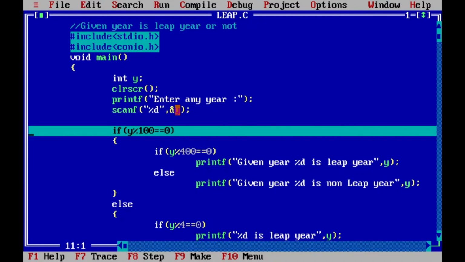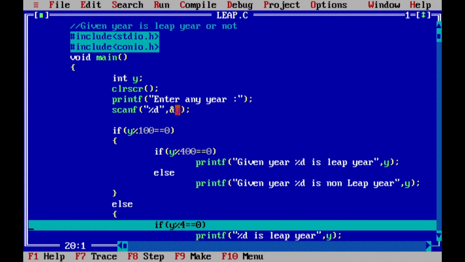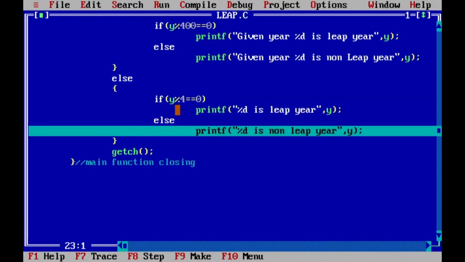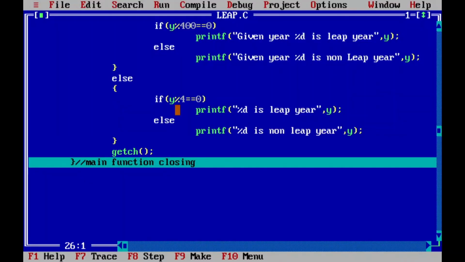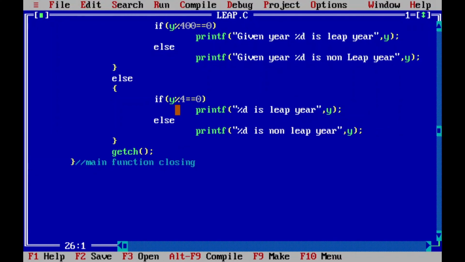Now see, control comes to the if condition. If this condition is true, then the inner block will be executed. But here the condition is false. Directly control comes to the next block, the else if block. Again press F7. That statement will be executed. Then the output is 1987 is a non-leap year. Press any key, then F7. This is how to trace the program. Again start to trace the program by entering another year. Then you can get a clear idea.